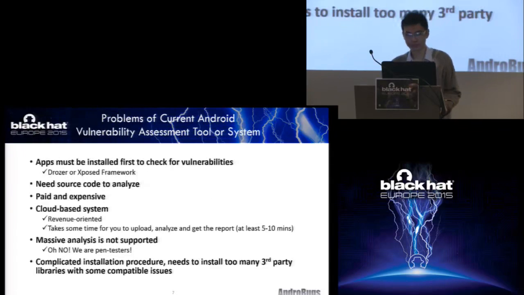Okay. So in recent years, there are some static or dynamic analysis tools coming. Drozer is a good tool. But if I want to find security holes, I don't really want to install the app first to analyze it. It's too tiresome if you want to analyze lots of applications. And some commercial tools such as Fortify and Checkmarx are paid and expensive, and they need Java source code to analyze, which is not suitable for penetration testers. And in 2014, more and more companies or startups are starting to do their own cloud-based